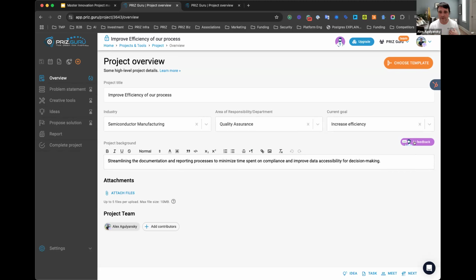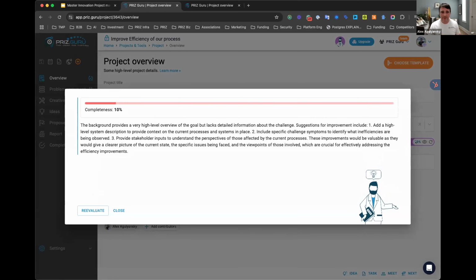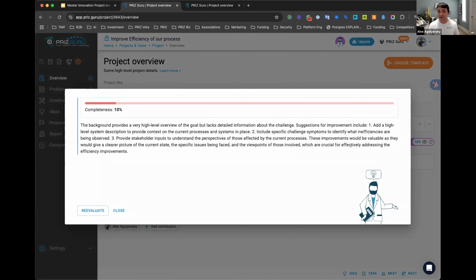One of the things that the system helps us to do is some evaluations. In this case, the evaluation of this single sentence gave a mark of 10%. It's basically not enough to continue forward from the machine perspective. Even the machine can understand that it's not enough, right? So it gives that completeness percentage, does some evaluation, and also provides some high-level suggestions of where to move next, what information is missing, what we should dig up more and provide more information for.